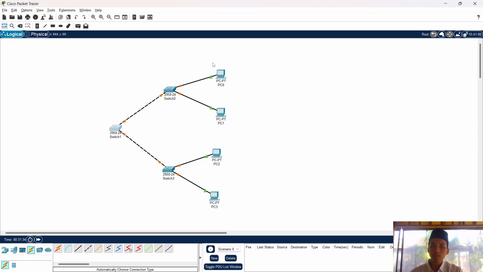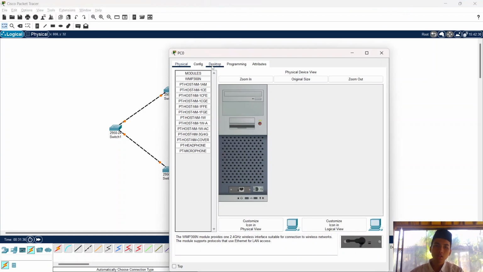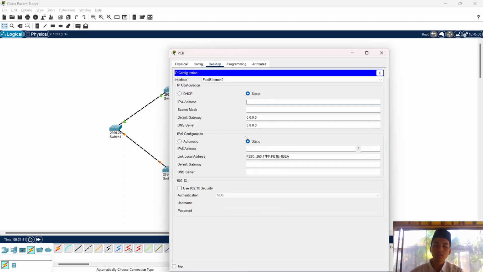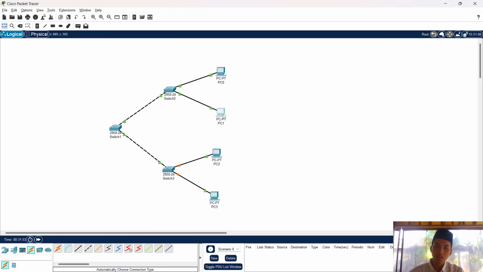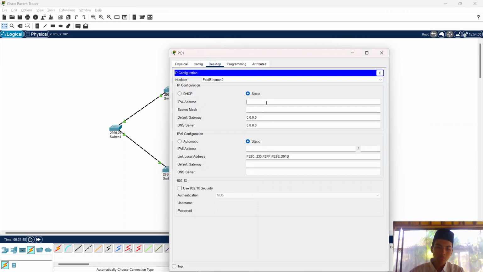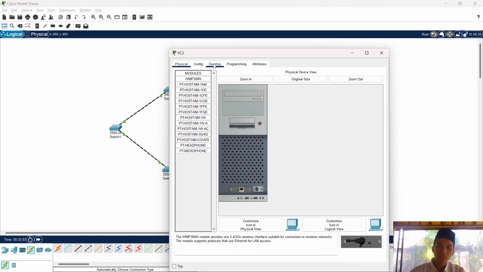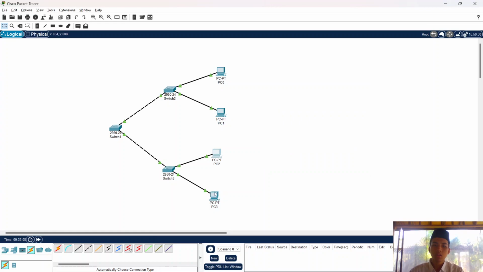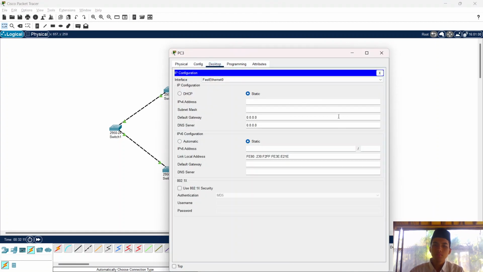Then now if you want to try to send a message, you need to configure your computer first. Click the PC, then go to IP configuration. For that you can set your IP like 192.168.1.1, enter. Then copy this one. This one also, point two, enter. This one also, the second one, point three, enter. The fourth one, point four,